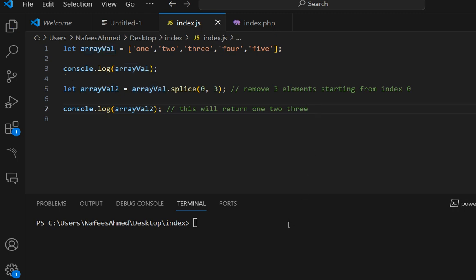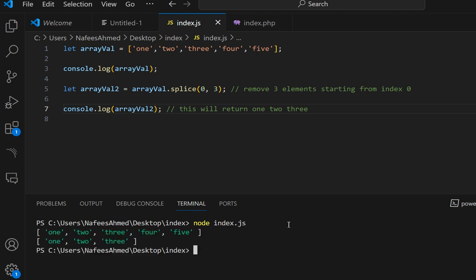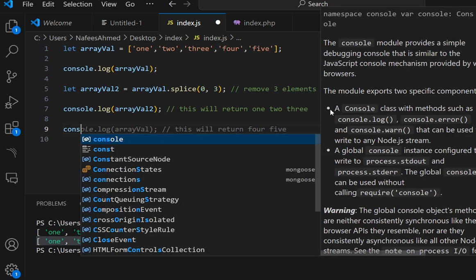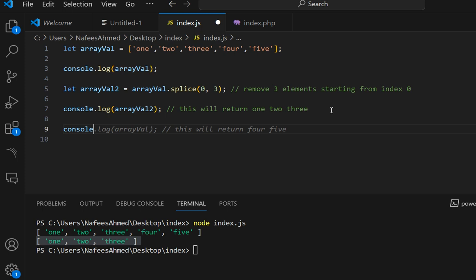So now if you check node index.js, okay, so this is the original array and this one is the array splice. Now if I log the original array,